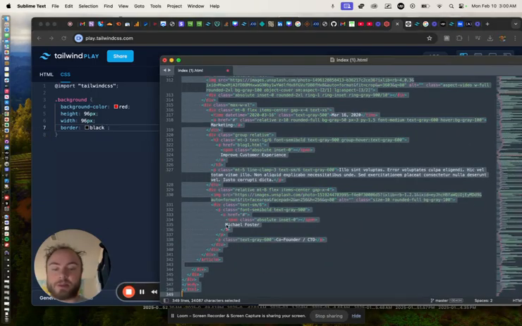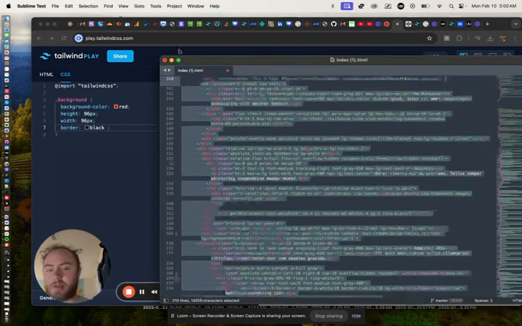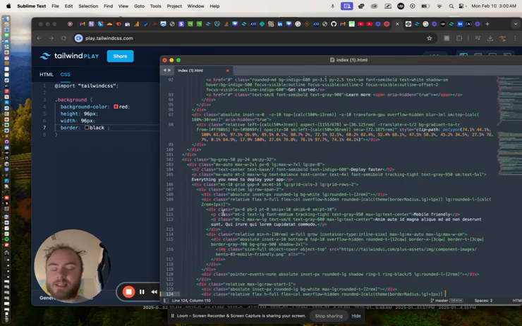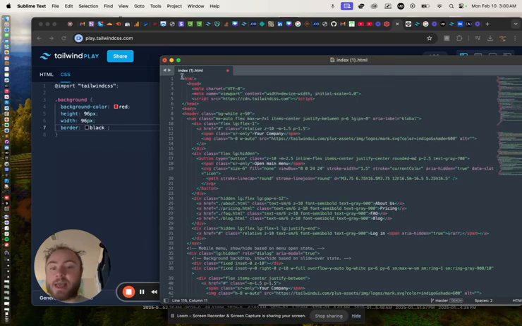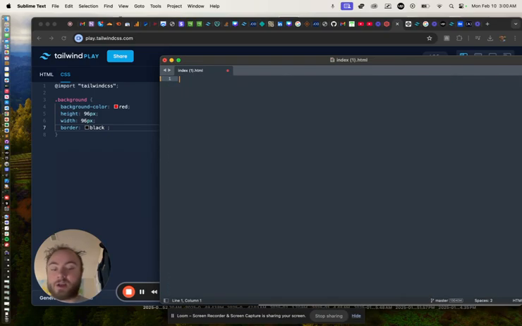You can just go into your Sublime, or if you use VS Code, whatever you use. It's not a matter of what you use, but I would recommend using something that has syntax highlighting and autocomplete. If it has syntax highlighting and autocomplete, it can probably figure out the answer for you. If you start typing background, it'll give you options like background color, background style, all those things. It'll give you those options, so in case you forget, you don't have to look them up. So I would recommend